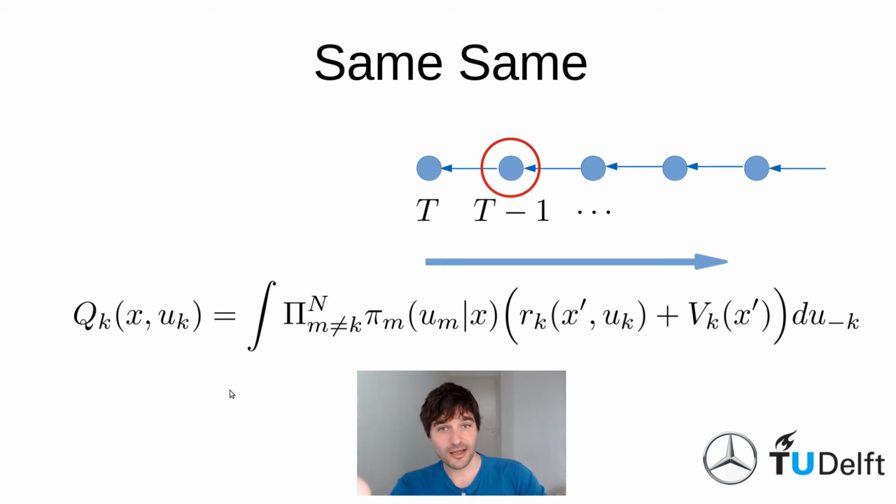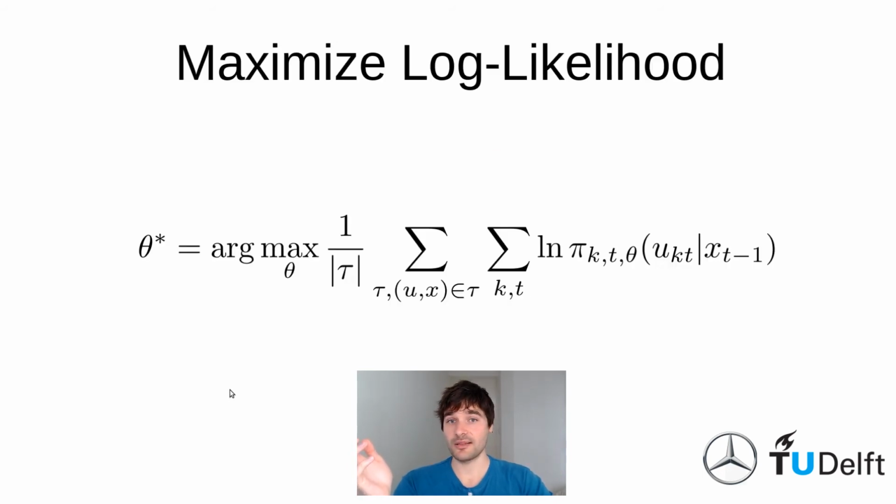So what we can now derive naturally is the policy. And given the policy, we can now maximize the log likelihood. So let's assume the reward function has parameters that we don't know. It may be that the reward function is a neural network. It could also be something that we hand engineered and has just a couple of parameters. Now what we do is we sum up the log likelihoods for these agents and we maximize this parameter with a simple gradient step, for example.